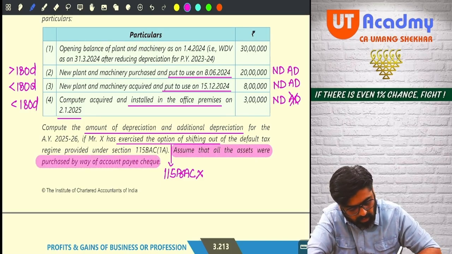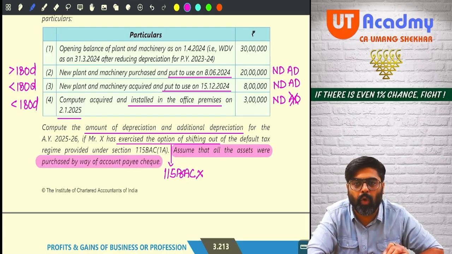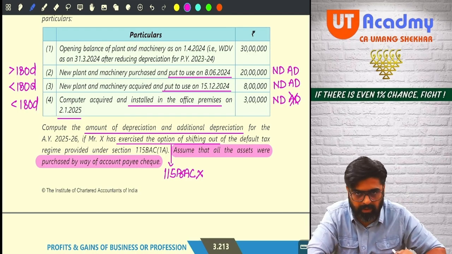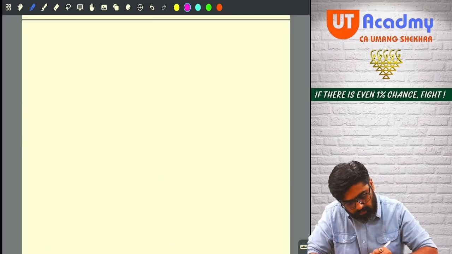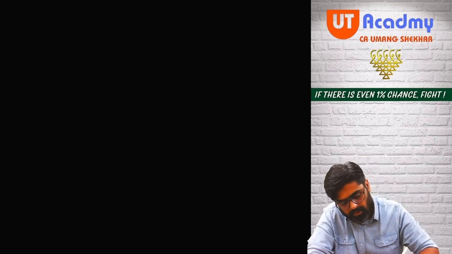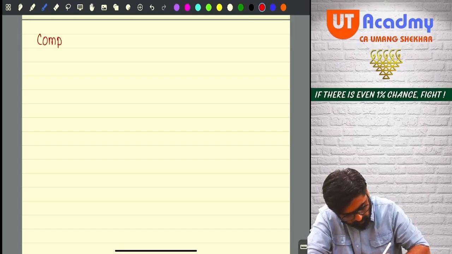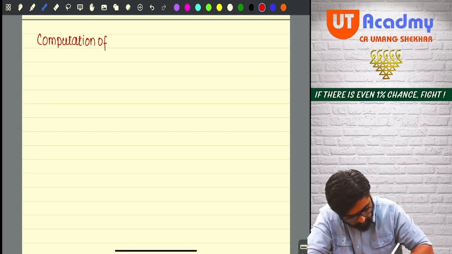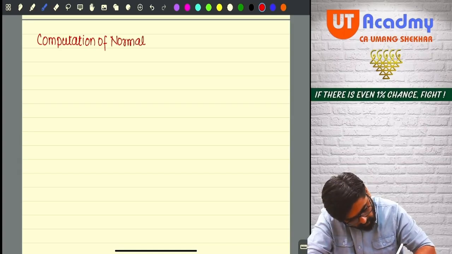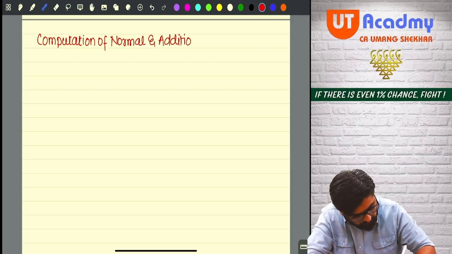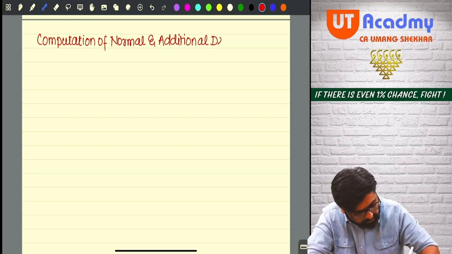What is the meaning of this? You will come to know after some time when I will be explaining you actual cost. That time this information will be relevant. Now pay attention. How to solve this question? We are going to compute what? Depreciation, normal and additional depreciation